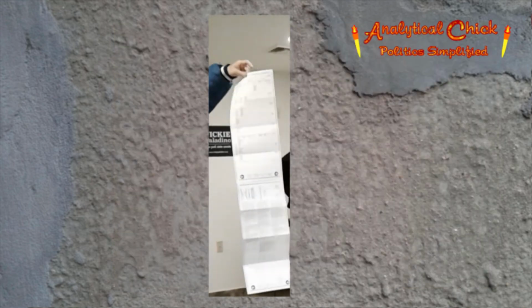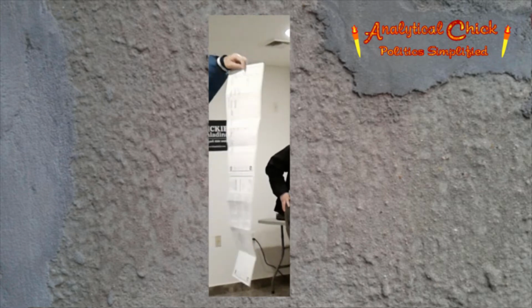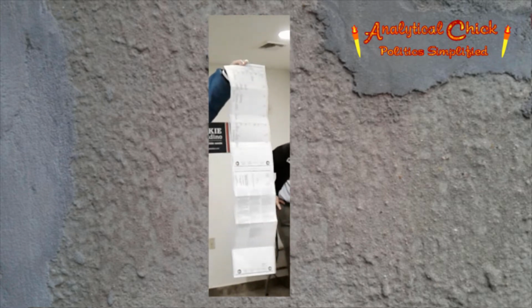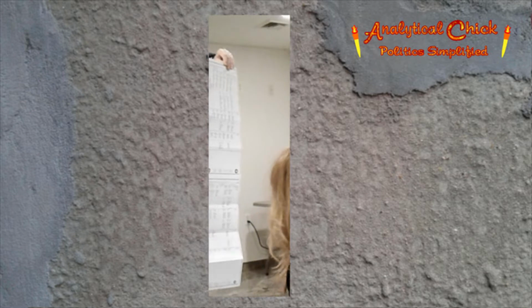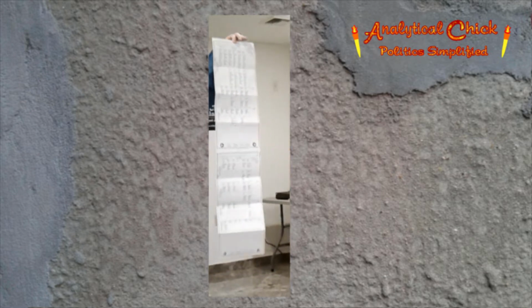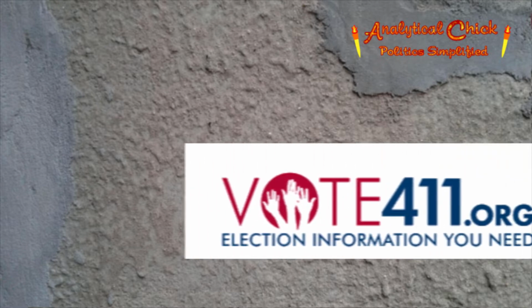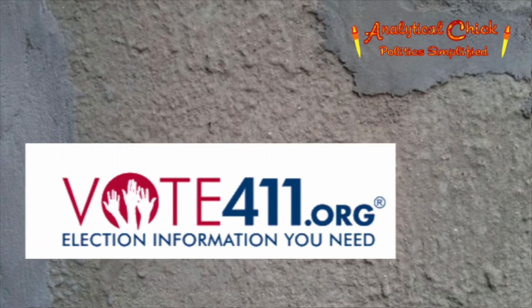The first page is going to be your major elections. The second page is going to be more local elections. Guys, I cannot emphasize this enough. You need to know things like what your congressional district is and who's running for it. You don't want to be sitting at the polls trying to Google this. In fact, I found a website. I'm going to try to link it in the description where you can put in your address and it'll tell you who the options are for you to potentially vote for.